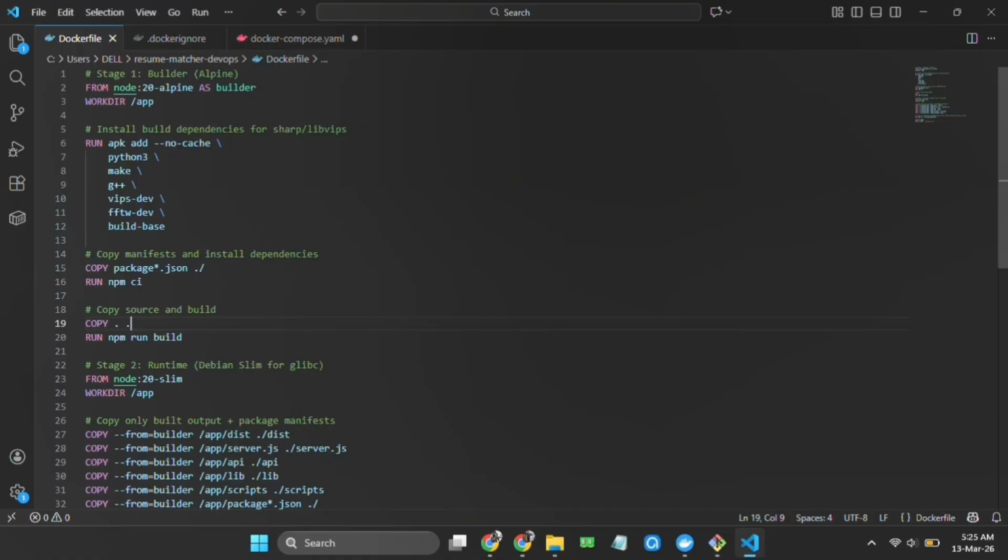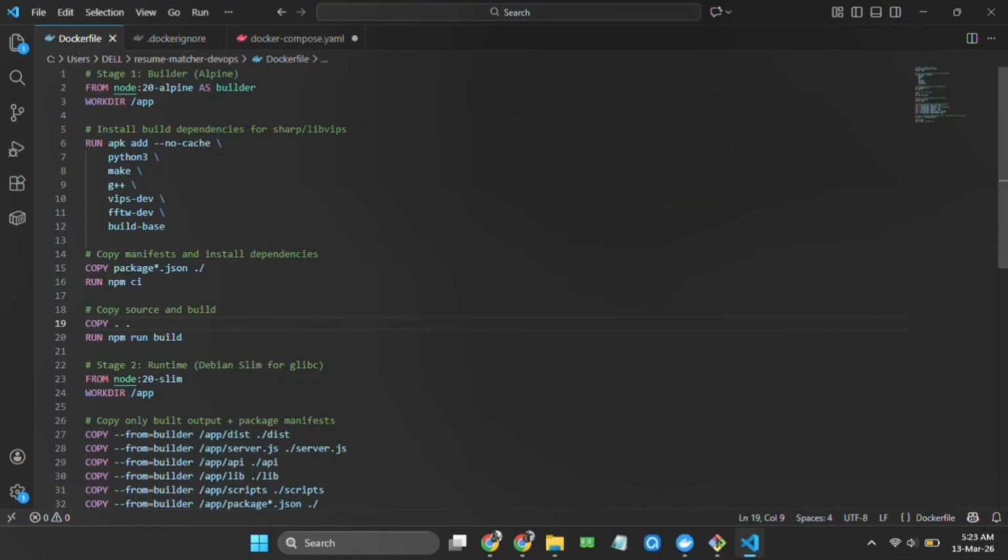COPY package*.json ./, followed by RUN npm ci. This command copies the dependency manifest. package.json contains the dependency manifest, so it copies it into the current folder. npm ci is for a clean, reproducible install, which is better than npm install.